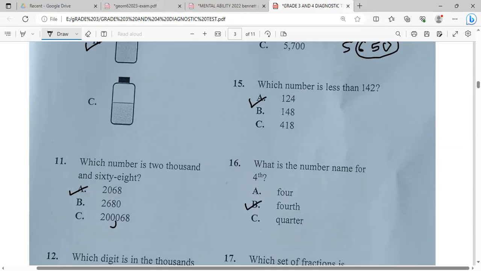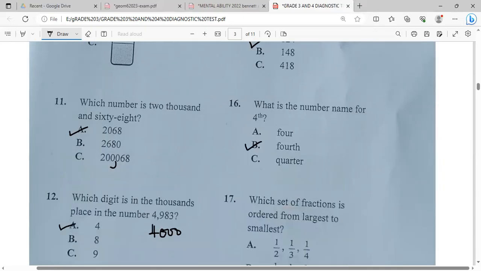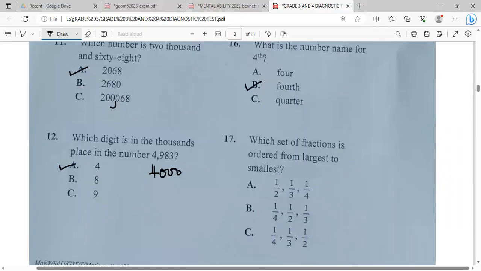17. Which set of fractions is ordered from the largest to the smallest? All right, so you want it in descending order. So you're going to put the largest fraction first. Let me just show you an easy way that you can discover the value of fractions. You don't have to swat it as you go into grade 4, and so it's going to be more challenging. What we do, we find the lowest common multiple for 2, 3, and 4. And that would be 12. So 12 is the lowest number